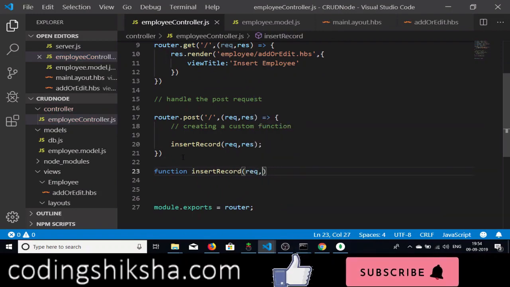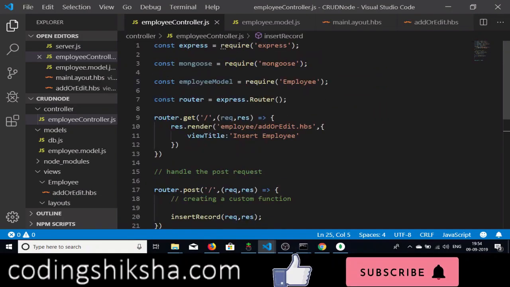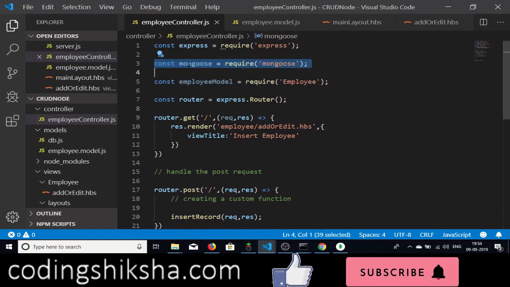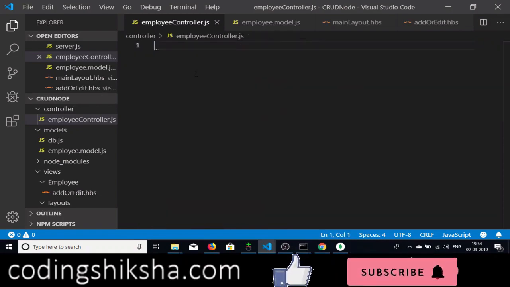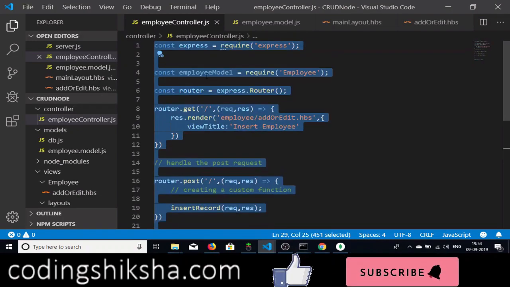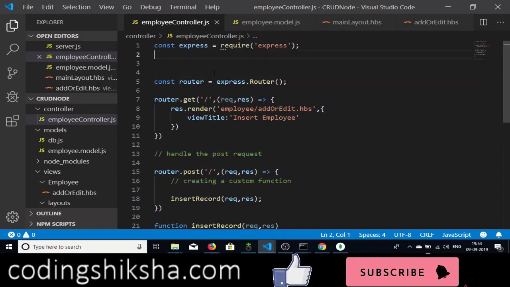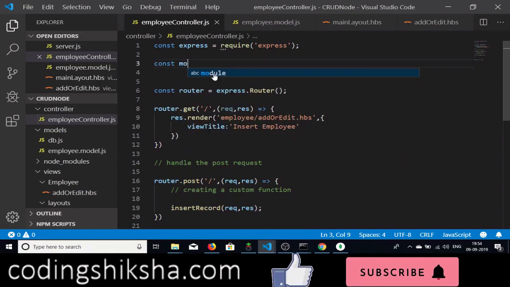It will take request and response as 2 arguments, and after this we need to include these 2 lines of code. Let me write it once again, so that you don't have any kind of confusion. First of all, we need to include the mongoose package,